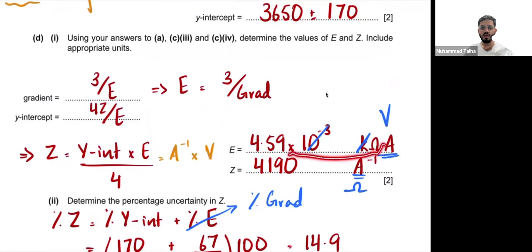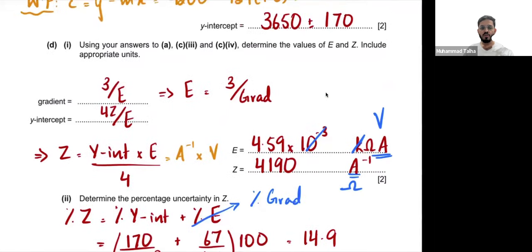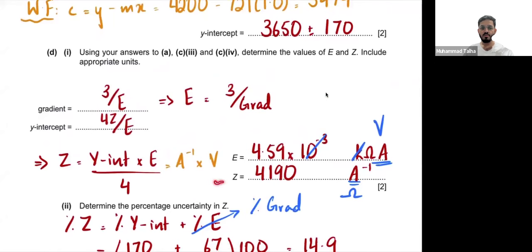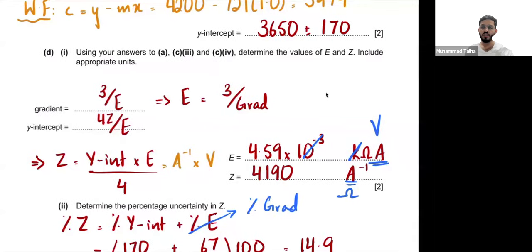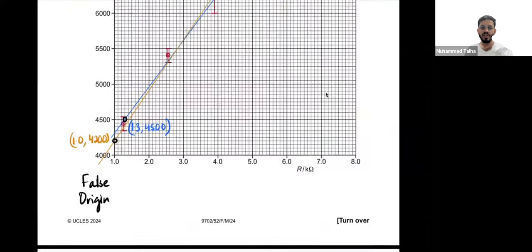So it's 4.59 volts. Similarly for Z, which is the y-intercept times E over 4, just rearranging this equation. So y-intercept 3650, E I just found, divided by 4. So this one turns out to be 4190. Again, the unit of the y-intercept is what you just have on the y-axis, which was per ampere. And because you're multiplying by E, which is volts, you really have volts per ampere. Again, volts per ampere. If I go back to the pretext of this question,